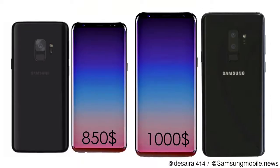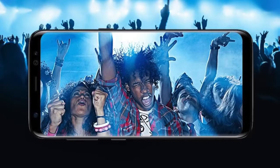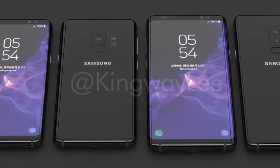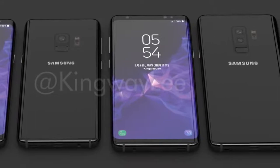Now, due to privacy issues, the source didn't say anything about the pricing. Like I said, you should expect the Galaxy S9 at $850 and S9 Plus at $950. He did mention that folks in the US might get some surprise gifts with their purchase of S9 or S9 Plus. So yeah guys, first Galaxy S9 impression coming from someone who claims they spent about 20 minutes with the